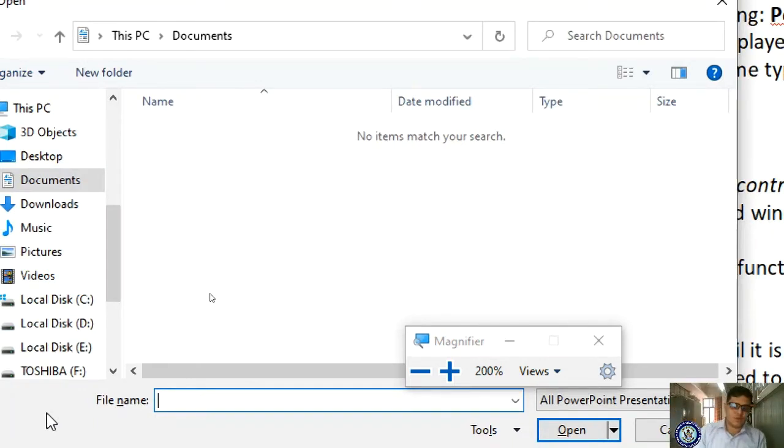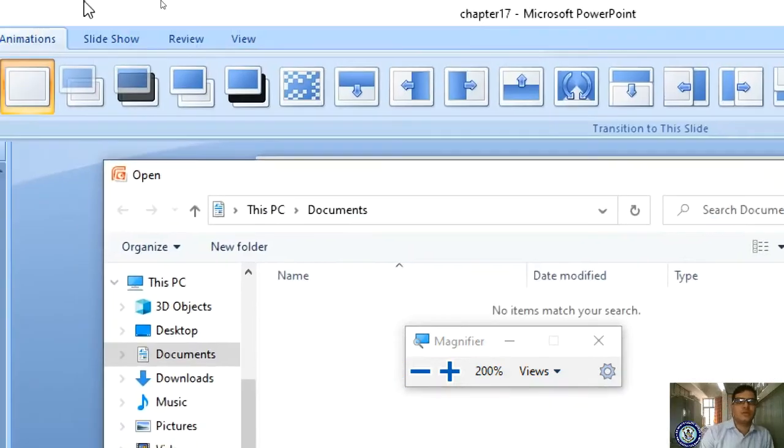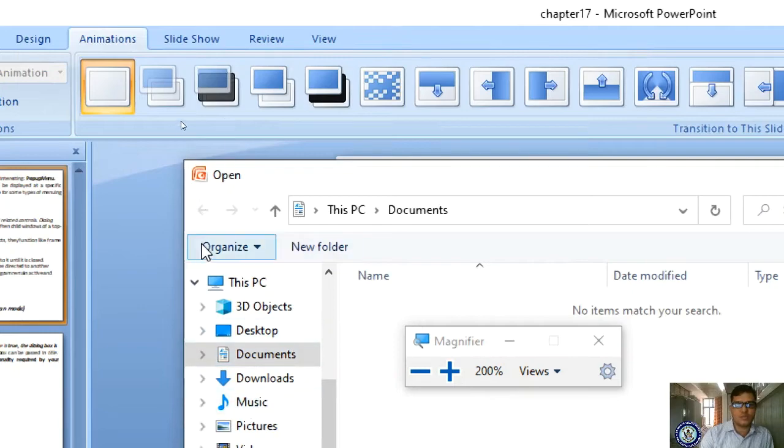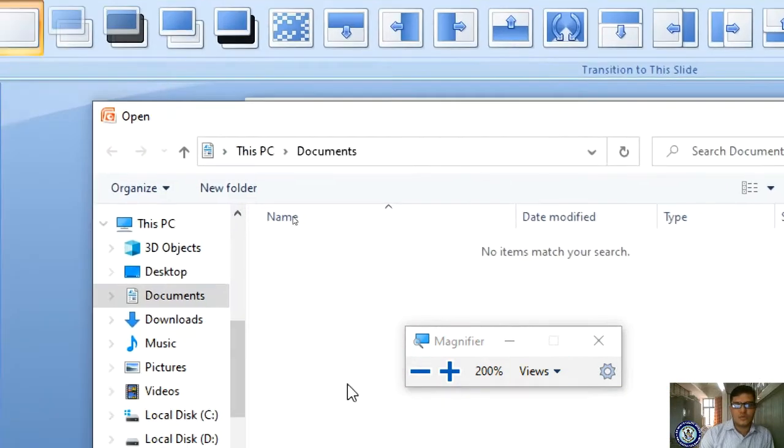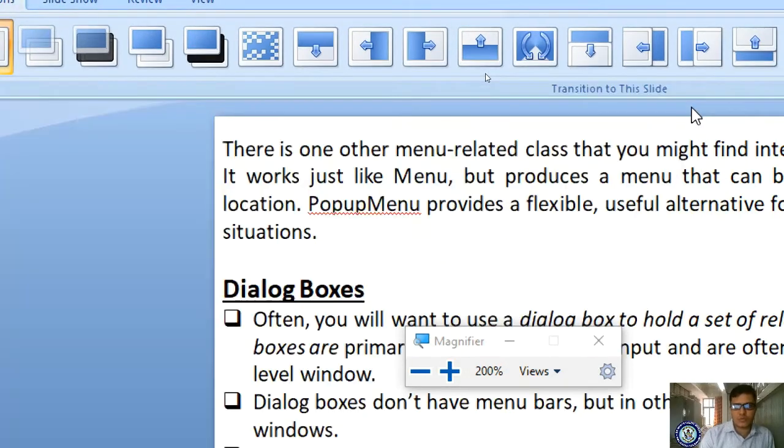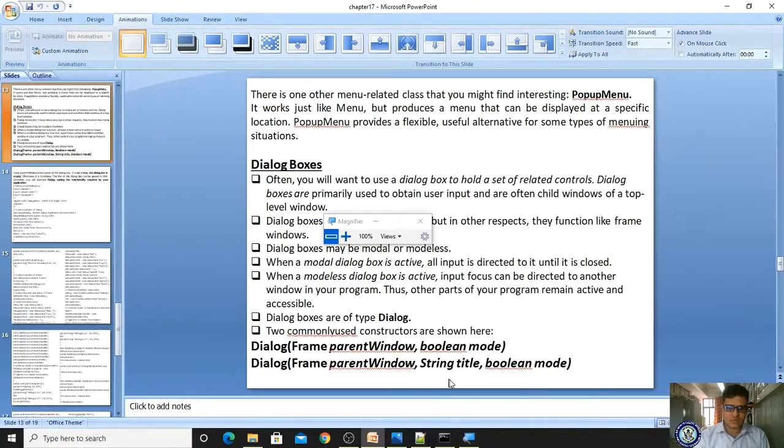This is your open menu, the open dialog box. This open dialog box holds a set of menus in the form of a frame, but it does not have any menu bars, right? It acts as a frame. Frame is a place where it will hold a set of menus. Got it? But it doesn't contain any menu bar. Please observe, these are the frames. In this frame only it holds these menu items. So these are modal, meaning these are active as long as this dialog box is open. Once you close it, it is inactive. So the same wording is suggesting this, right?